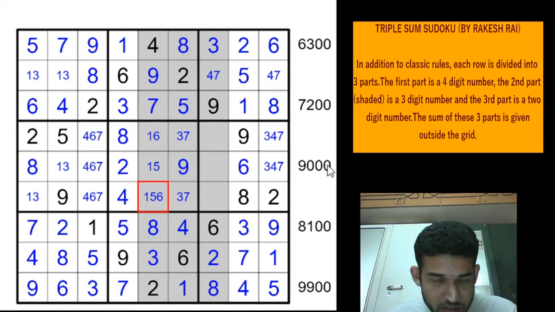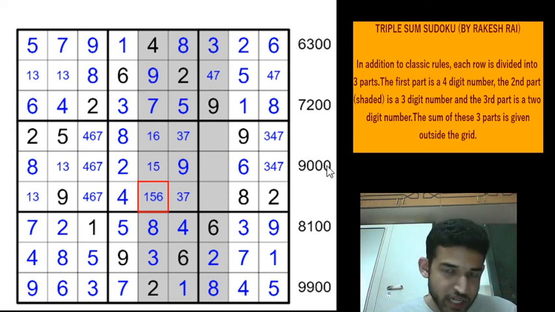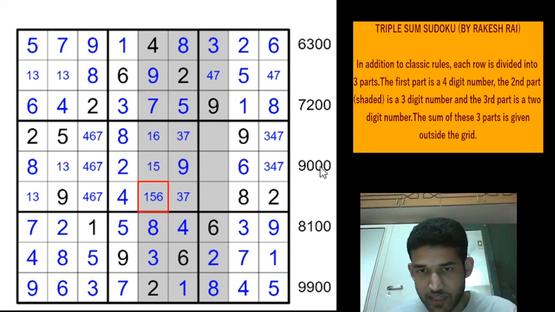Let's, as usual, focus on the units position. They can add up to 10 or 20. Can they add up to 20? Then these three cells must add up to 20, right? Not possible with the 2. So they need to add up to 10, so that you get a 0 here. So we have a 2 here, which means row 5 column 7 and row 5 column 9 add up to an 8. So if this is a 3, this will be a 5.